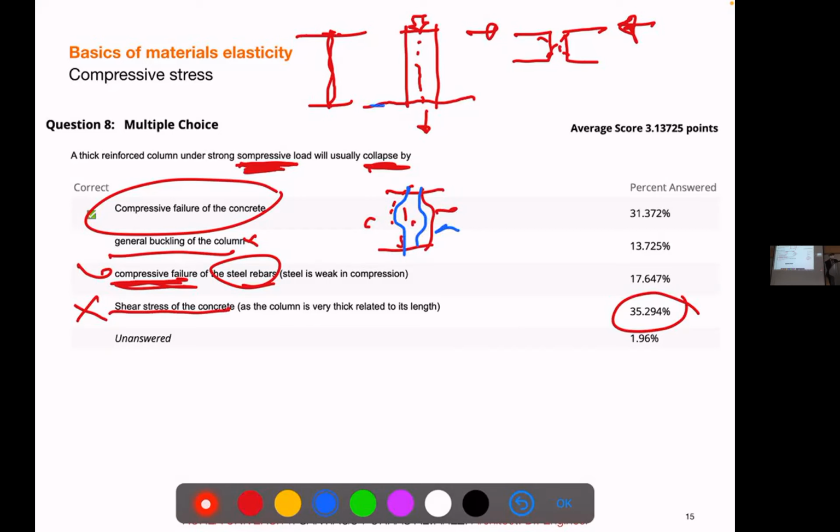Of course, pure compression is very rare. This is why when we make laboratory experiments, we have to be very, very precise, because some eccentricity of the load or some kind of fabrication problem will actually create moments, and the piece could break by shear in some cases. But that's a different matter, right? But in terms of theory, understanding compression.